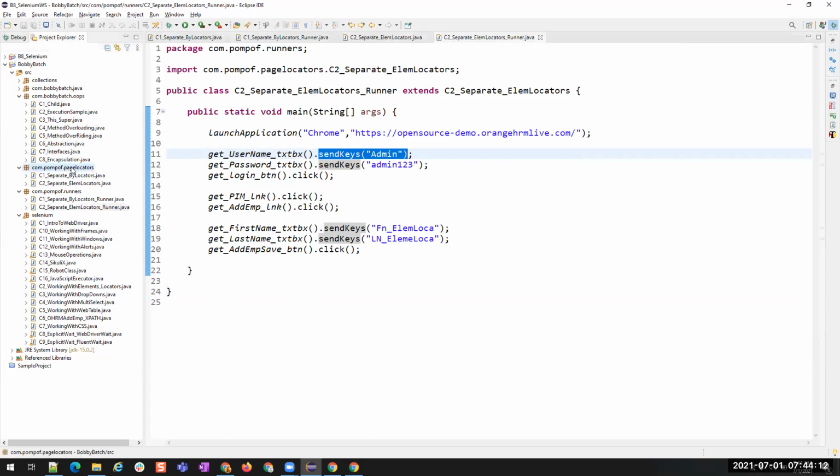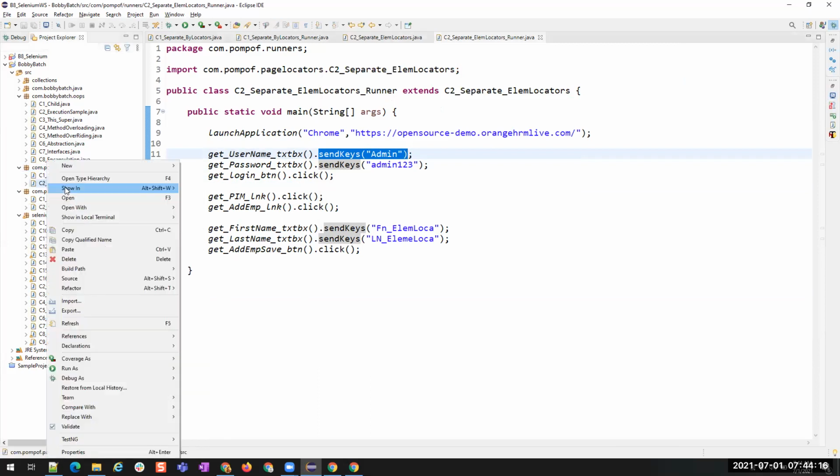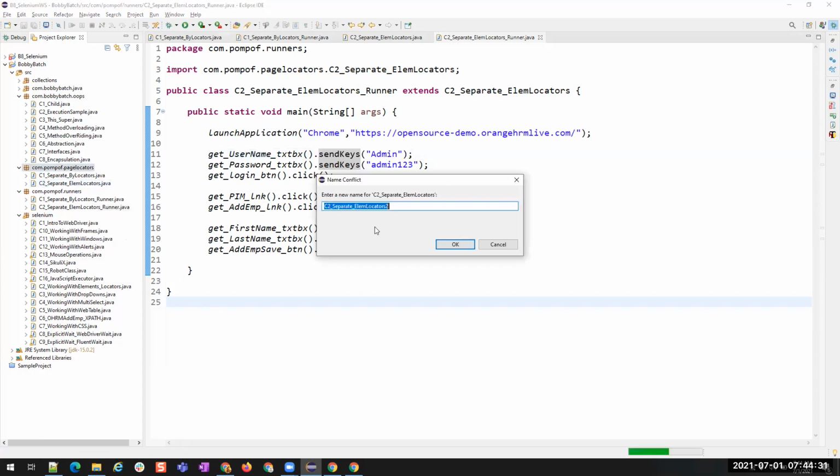So for that, I'm going to my runner class. I'll copy this, create a new class here. Or I'll just copy this class and I'll rename it. C3, and then it is not element locators. This is separate operations.